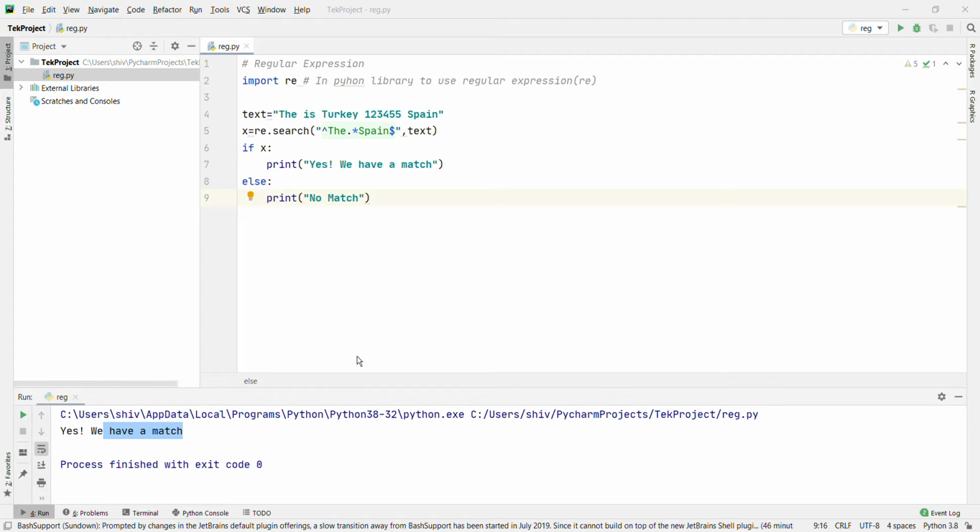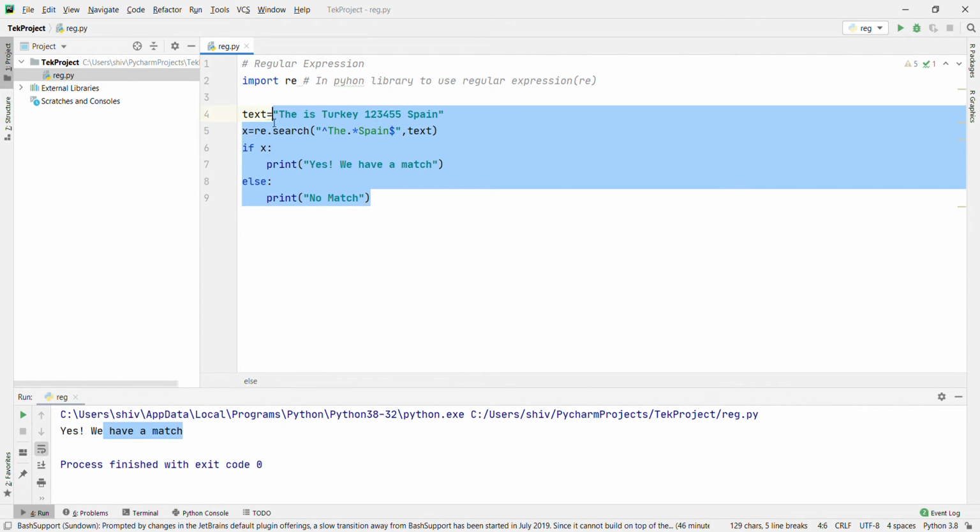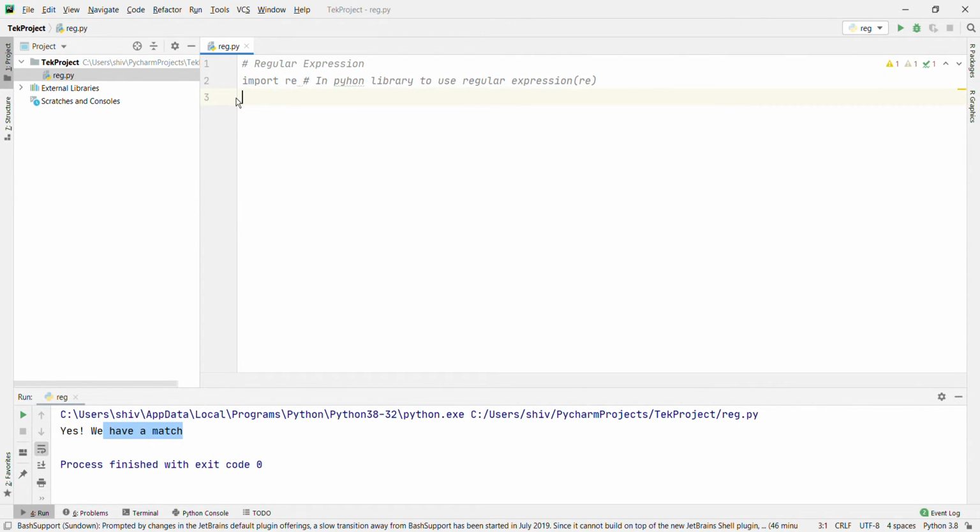Now we are going to show you a few methods that we will regularly use in regular expressions. The re module offers a set of functions that allow us to search a string for a match. I will tell you all the functions that we are going to use in re. First is findall. What will findall do? Findall returns a list containing all the matches.